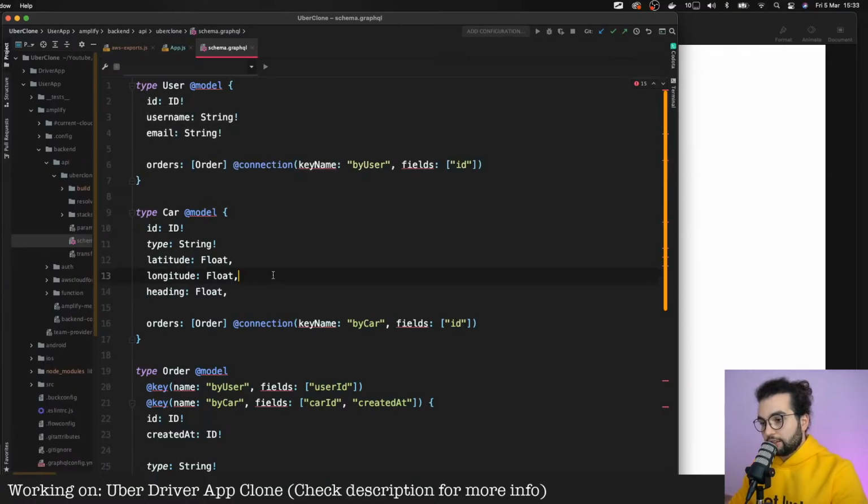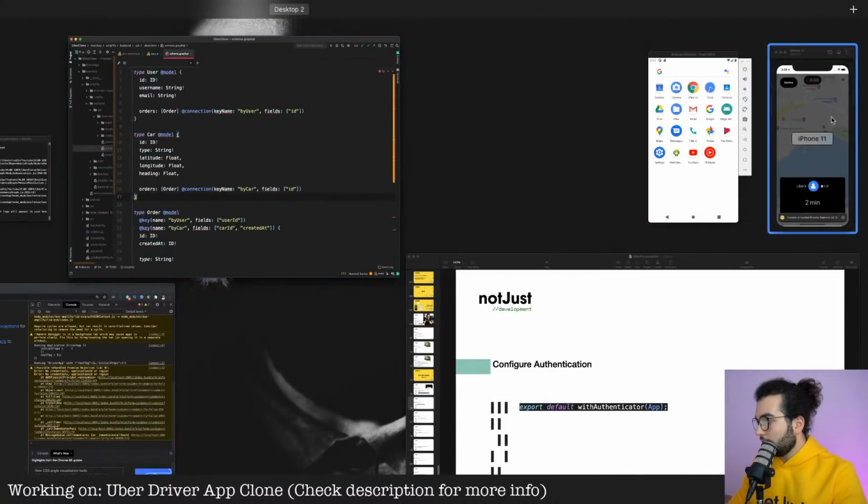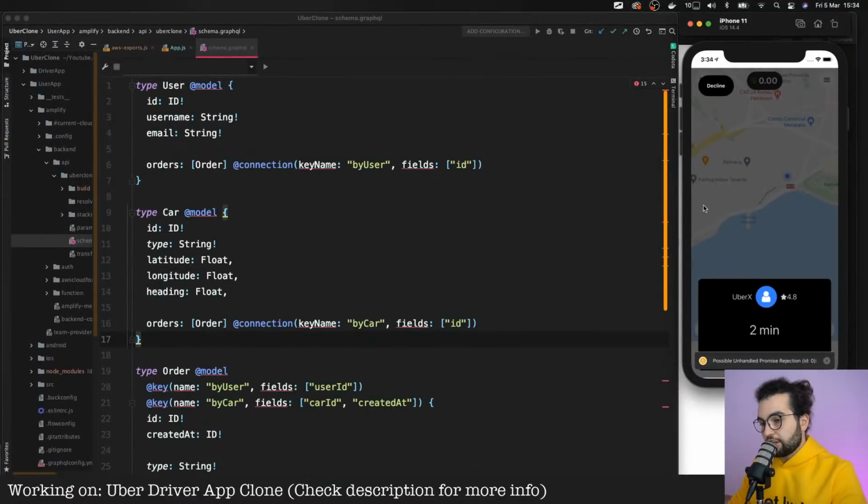We can do that in a bit of a hacky way. Every time the user opens the driver application, we will check if that user has a car assigned to him. And if not, we are going to create a new car for him, because that's probably his first time joining the driver application.